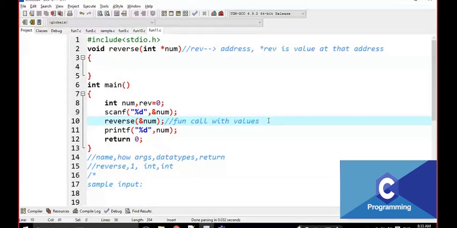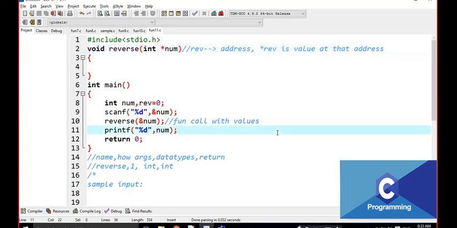Is it a value or an address? Here we are passing the address, not the value, the address of one integer variable. That's why this one is taken as a pointer here.